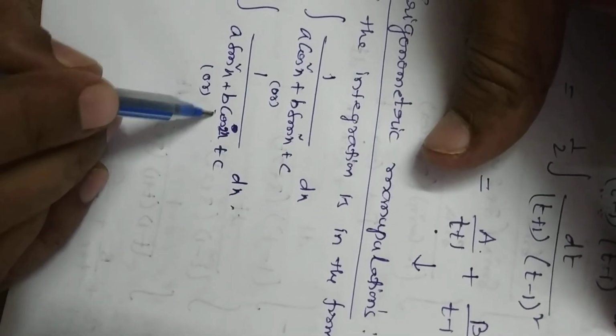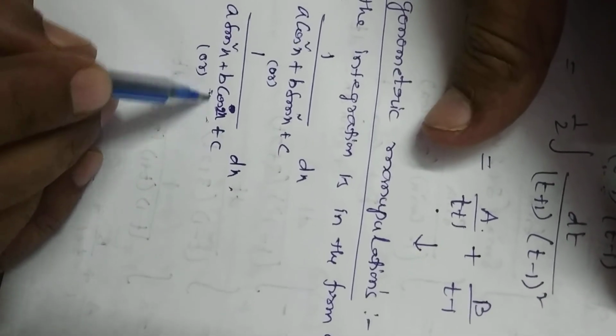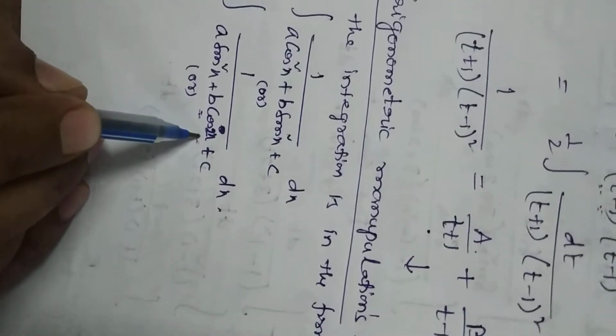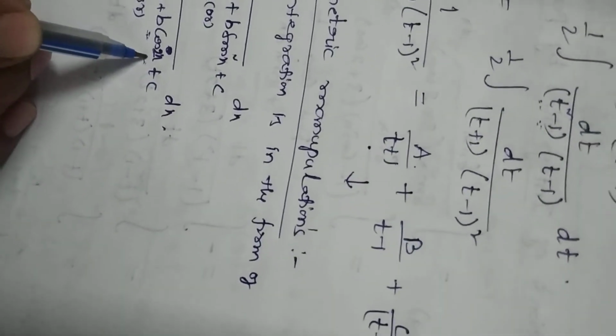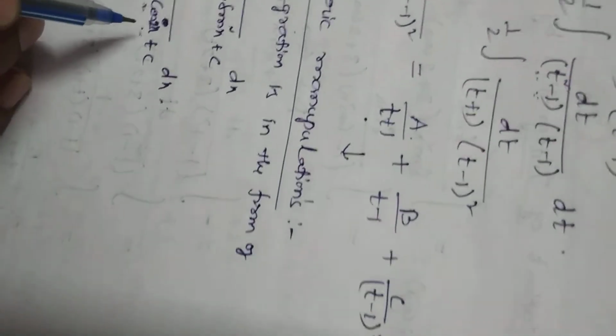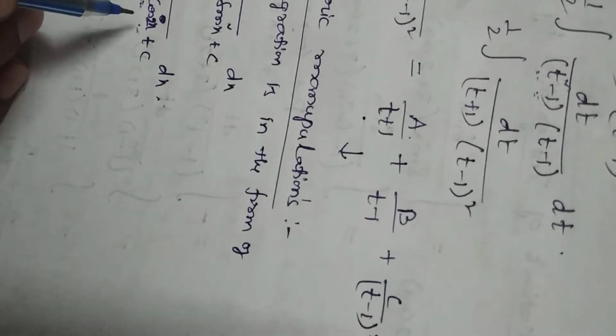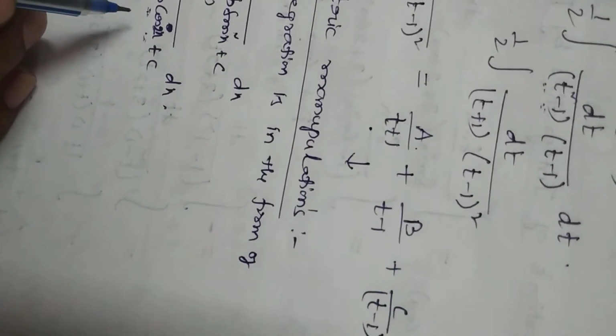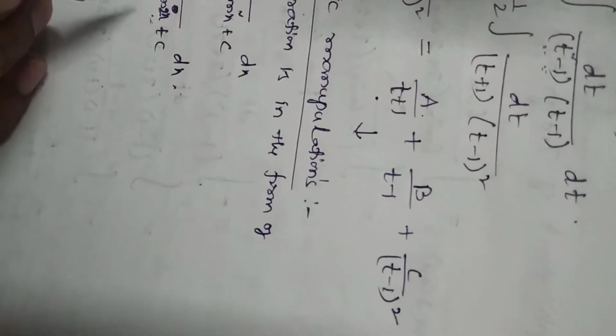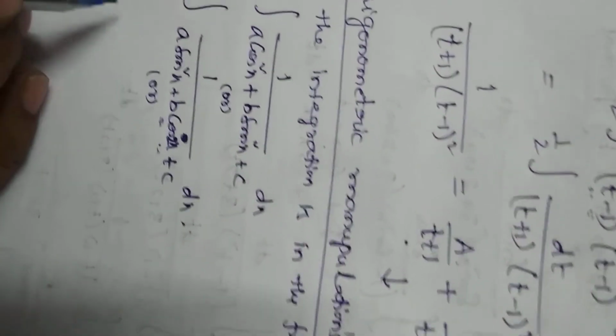Cos 2x also means what here? Cos 2x is nothing but we can write in terms of sin square x or cos square x also. Why? Because cos 2x, what is the formula? 1 minus 2 sin square x or 2 cos square x minus 1. So again it will be converted into this first form only. Okay, so sin square x or cos square x forms only we are getting here.